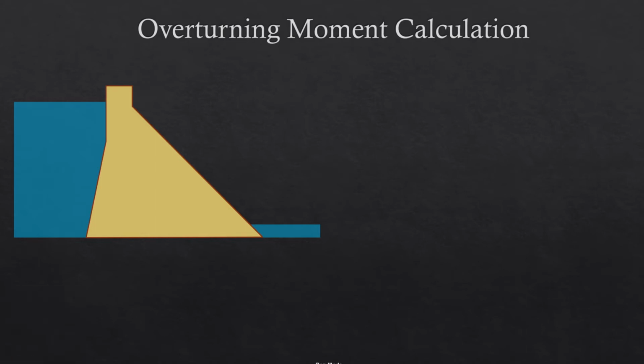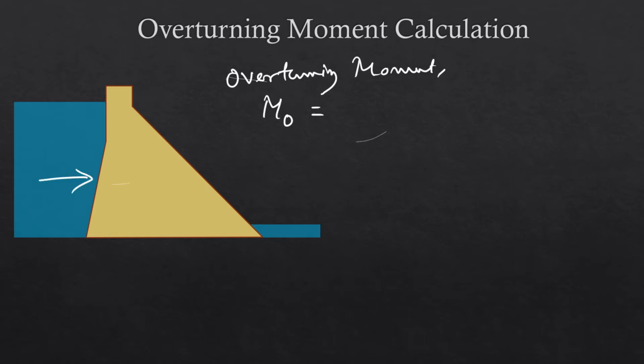So the overturning moment, let's call it MO, and that will be the sum of the moments of all the forces that are trying to overturn the dam. The first one is the hydrostatic pressure in this direction. So the hydrostatic pressure force, which we calculated earlier, we gave it the notation Fh,